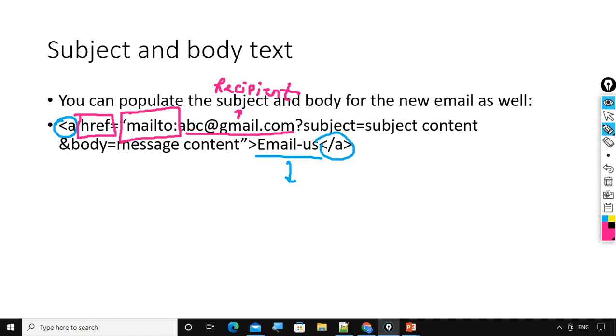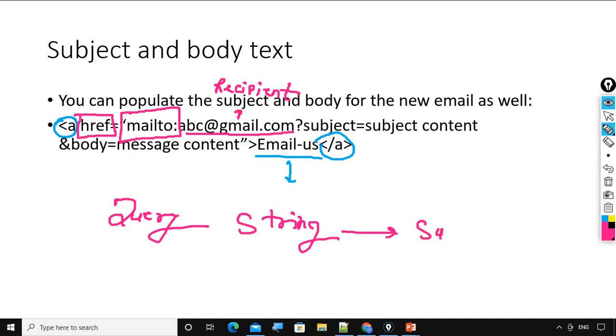To write the subject and body I will take help of the query string. With the help of the query string I will write the subject of the email plus the content of the email.